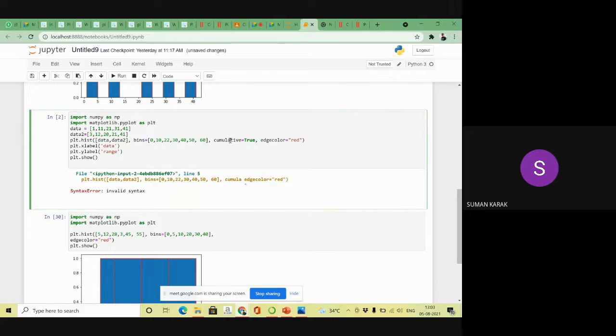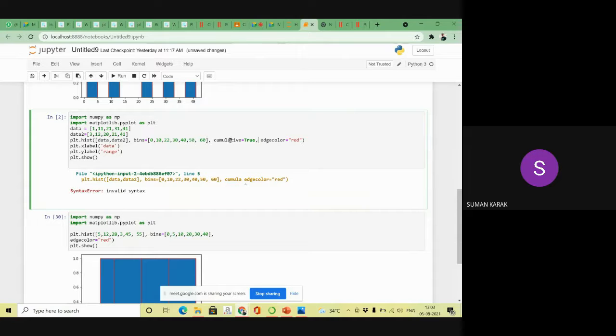Now if your cumulative value is true, then your histogram will be computed where each bin gives the count, and all the similar bins will be placed first, then the other bins. Did you understand what I'm saying?